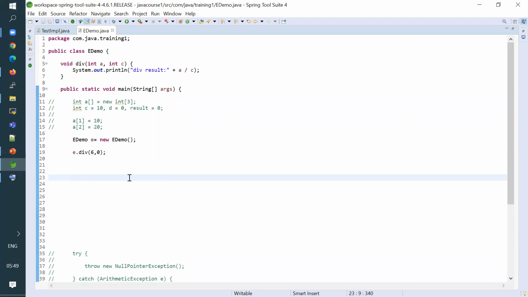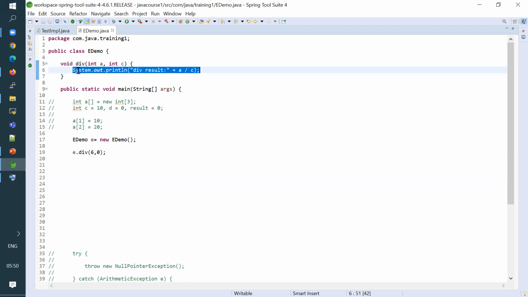You already know that the eDemo class has some division method which will do it for you, so you need not write this logic. I just took a simpler example, but in real time this method can be doing so many things, so you may want to reuse it. But what if some exception is happening inside that method? How do you tackle the scenario?